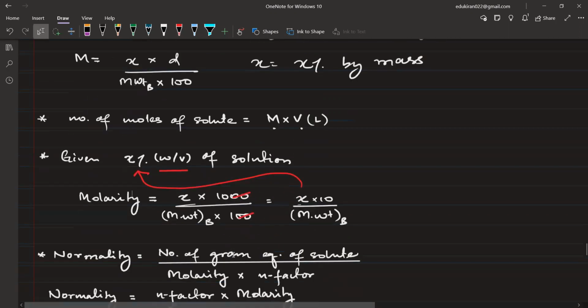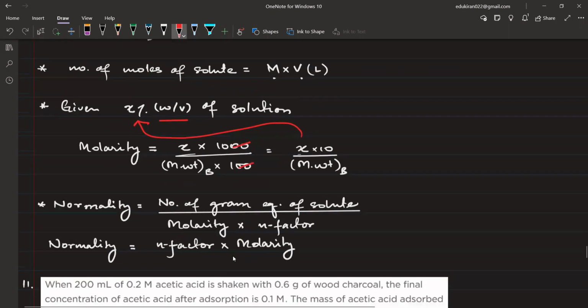Next, we have normality. Normality is the number of gram equivalent of solute divided by molarity into n factor. And normality will be equal to what? N factor into molarity. बस आप molarity calculate कर लीजिए, and you can calculate the n factor. N factor क्या होता है? For example,